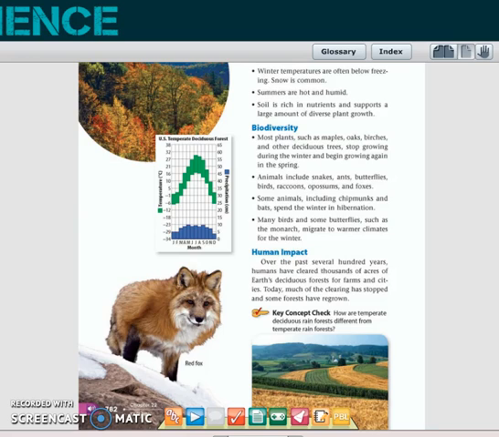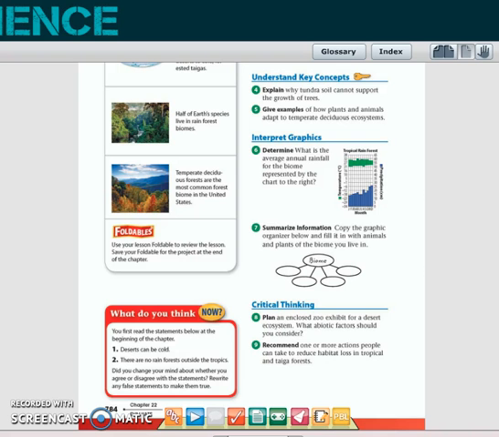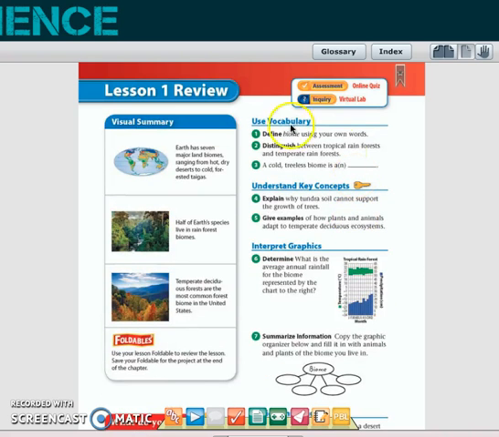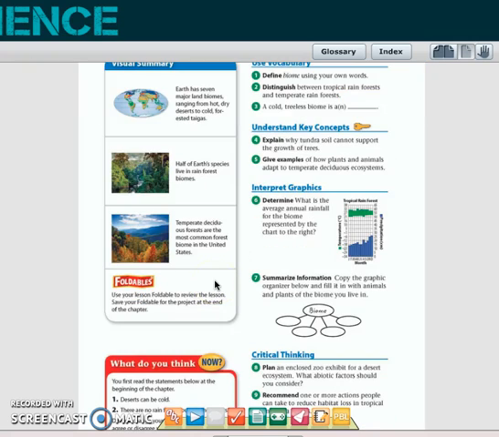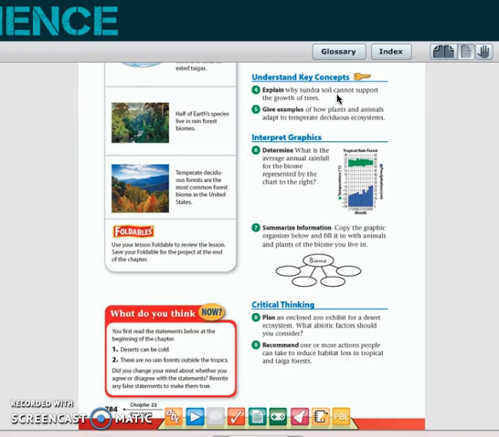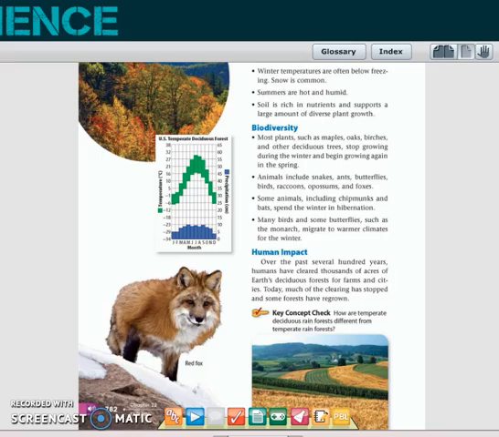Okay? Now that you've gotten to the end, there will be a lesson review. There's these visual summaries. It would be a great idea to go through these visual summaries just to recap what you've read. And you can take the time to answer the review questions. Oftentimes we'll work on them together in class. But if we go back, now that I've finished reading,